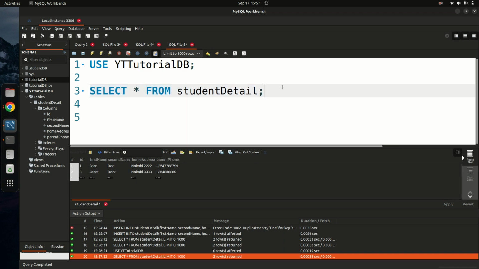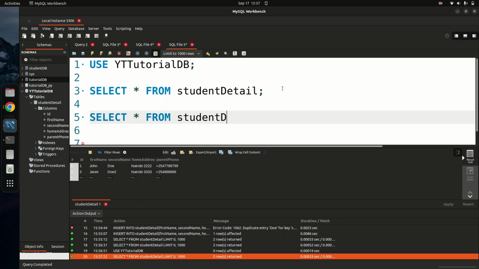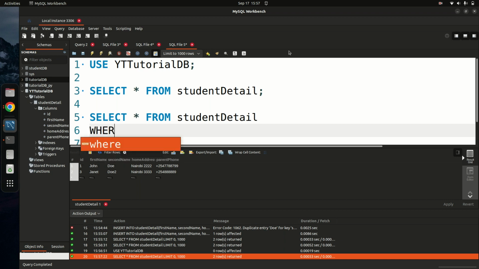We have to say SELECT *, which is going to be all the columns. So SELECT * FROM student detail. We can use the WHERE clause. So we can say WHERE ID equals 3. So this is going to select this student right here whose ID is 3,